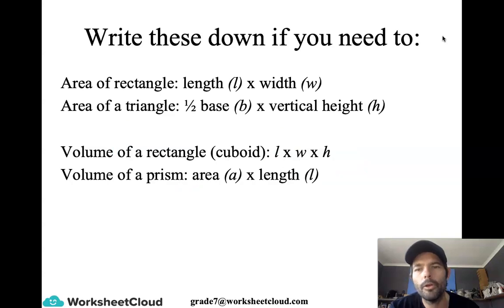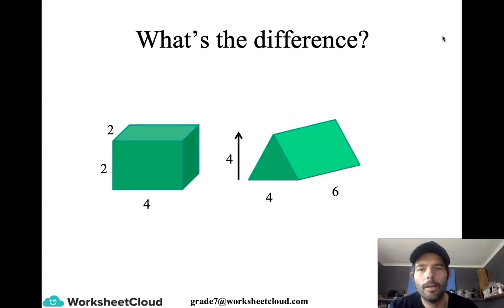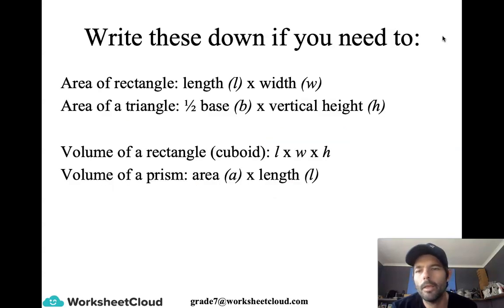But now we look at the volume of the rectangle or cuboid, and they've said you go length times width times height, okay? And that just means we go 4 times 2 and then multiply by the 2. So it's the front face, the surface area of the front face, that is repeated for 2 centimeters. And it's the same for the triangular prism. It's the front face with an area of 8 units squared that is repeated throughout the shape for 6 units. And so the volume of the prism is the area of the front face